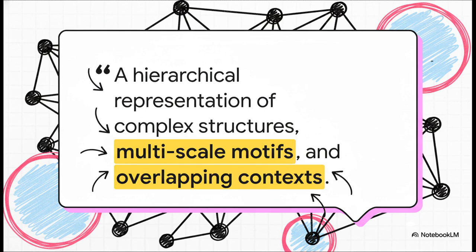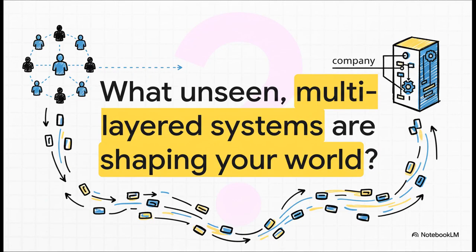This is the key takeaway. A superhypergraph lets us see and analyze systems not just as these flat networks of simple connections, but as the deeply layered, interconnected hierarchies that they truly are. It gives us a language to talk about overlapping contexts and patterns at different scales in a really precise mathematical way. So the next time you think about a connection, whether it's in your social circle, at your company, or just how information flows online, ask yourself, is it just a simple line? Is it a group? Or is it part of a much grander hidden structure that you're only just now beginning to see?